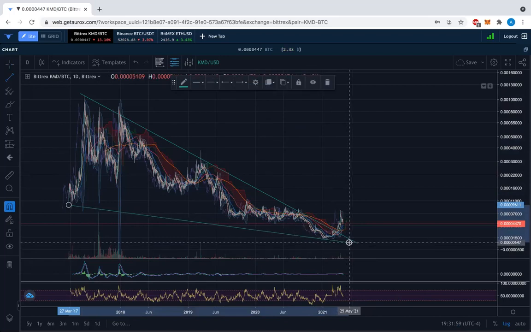But anyway, there's your triangle, right? Downward wedge, and we broke out, basically, didn't we? I would say so. Okay, so that's the long-term look at things. And now we're imagining, okay, look, mid 2017, we got about 6 months into 2018. So if we're looking at this chart, we had a big impulse move and then this massive corrective sideways